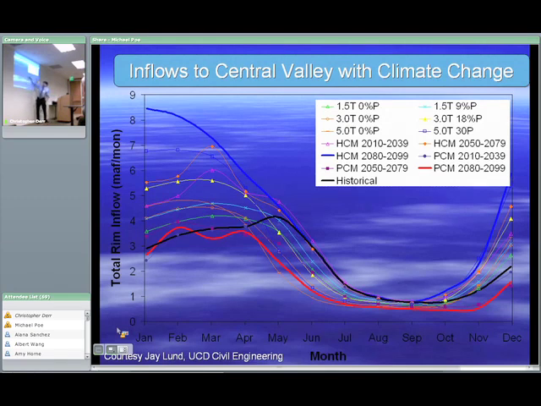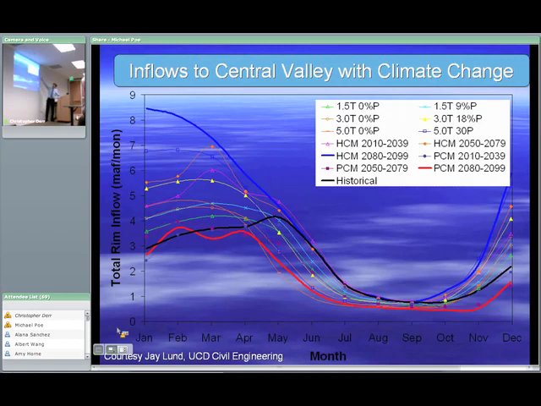Interestingly, you see the peak flow is in May, and that's snowmelt. It's not precipitation. The flow in June and July, again, is snowmelt. This base flow is groundwater, and then it picks up when the rain starts. Now, the colored curves are different climate change scenarios. Some of these are results of climate models. Some are simply dramatic scenarios.